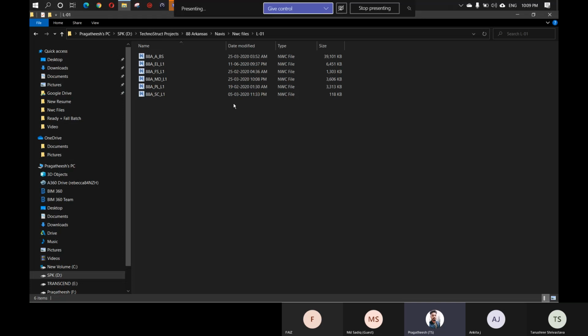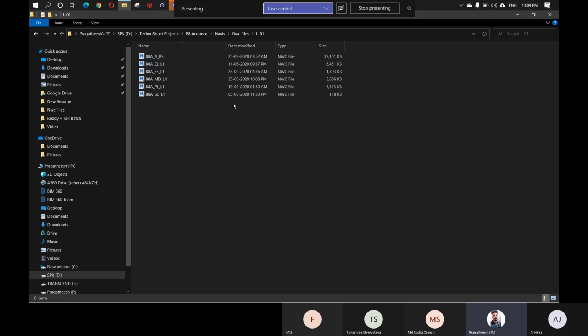So you can go date wise and find what all the clashes we have solved on this date. If I open this group, I can see there are lots of clashes here, and if this clash is resolved, I can just change the status. You can see, is it new or active or reviewed or approved or resolved? I can change to active, and the color changes to orange because that is the color for active. I can change to reviewed, which is blue, or approved, which is green, or resolved, which is yellow.